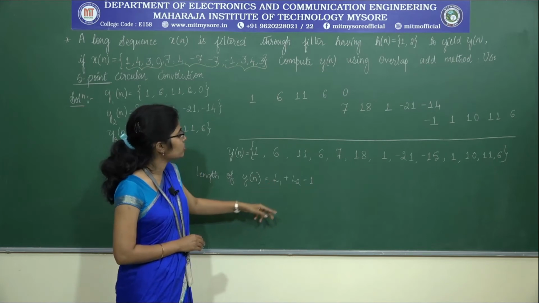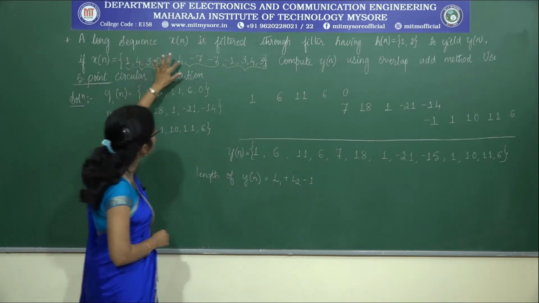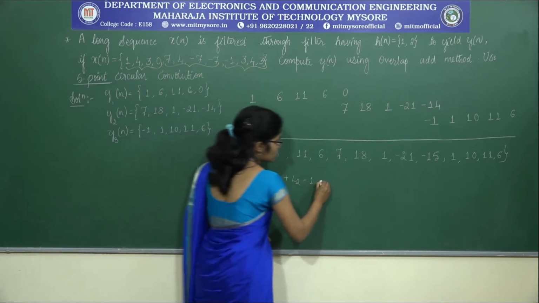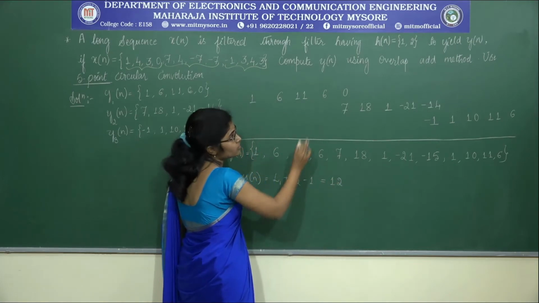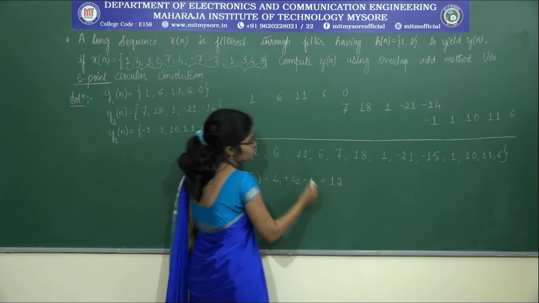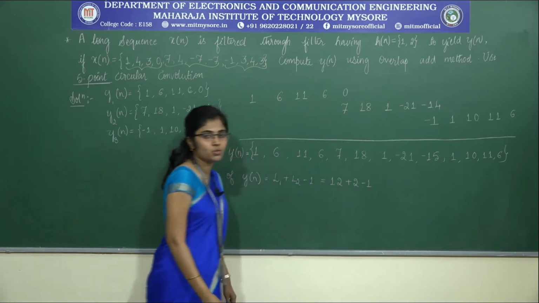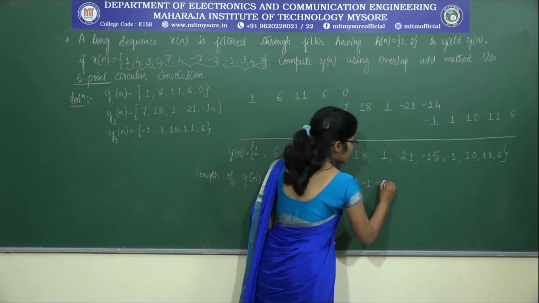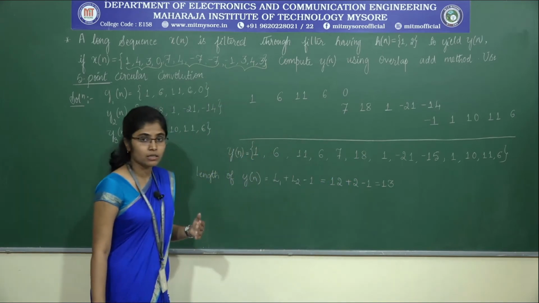So let us find the length L1, that is x of n: 1, 2, 3, 4, 5, 6, 7, 8, 9, 10, 11, 12. So L1 is 12. L2 is nothing but the length of h of n, which is also called capital M. So the length is 2, minus 1. So 12 plus 2 is 14, 14 minus 1 is 13. So the length of y of n should be equal to 13,